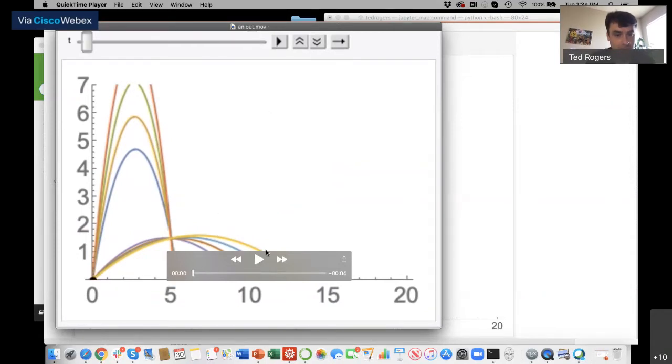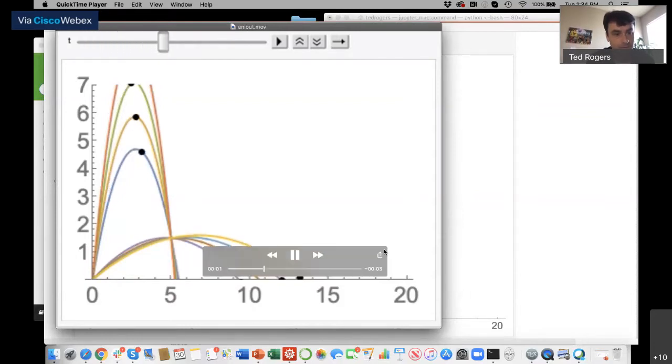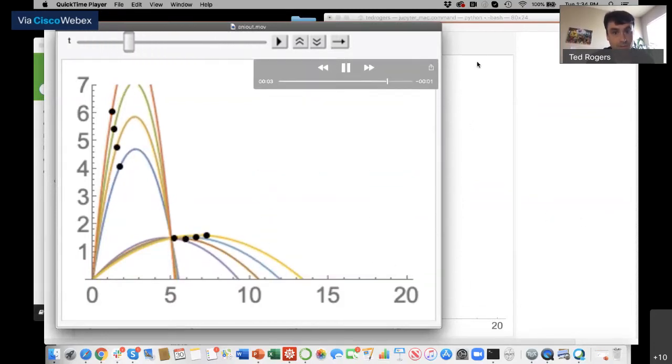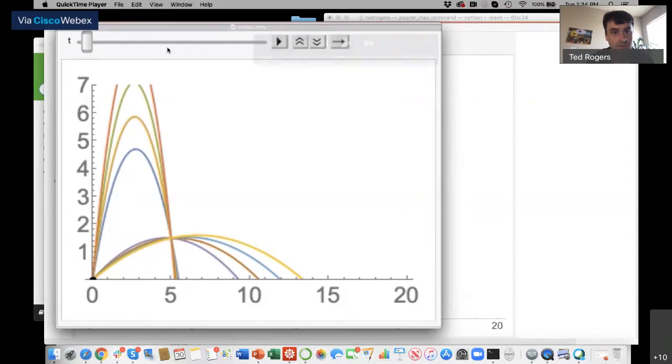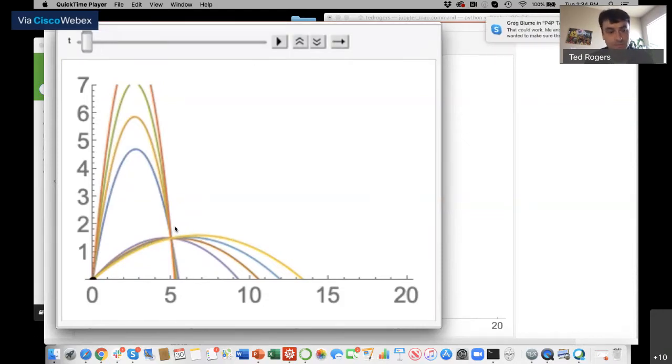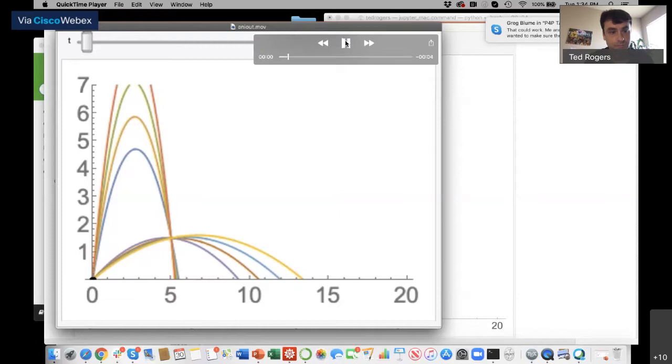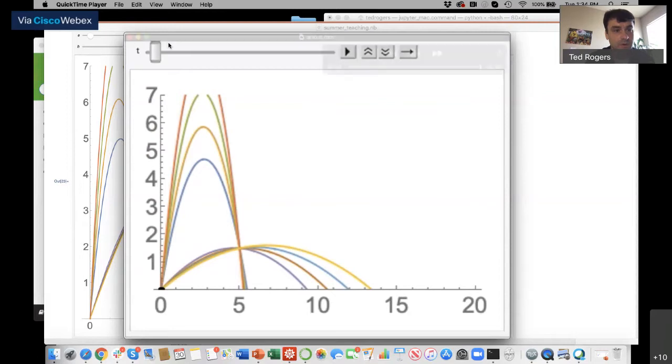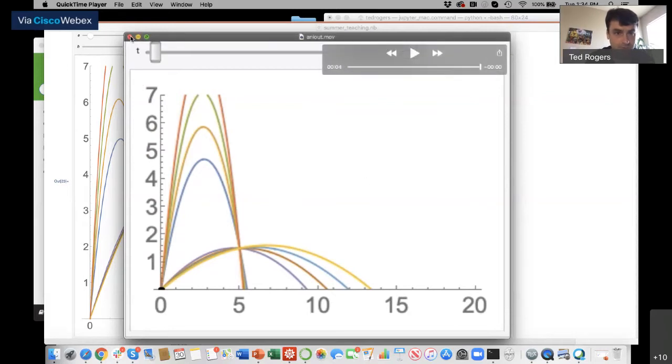So if the ball lightning obeys ordinary projectile motion laws, this is kind of what it looks like. Some of the lightning gets to the monster first. That might be the trajectory you want to follow, because if there's danger, the monster will run away. And some of them take longer. Okay, so what we're going to do now, hang on just one second.